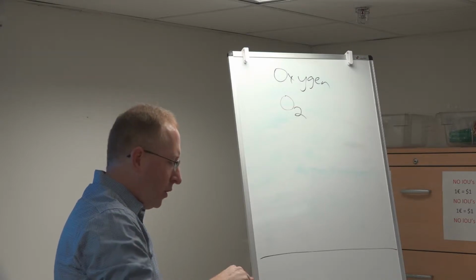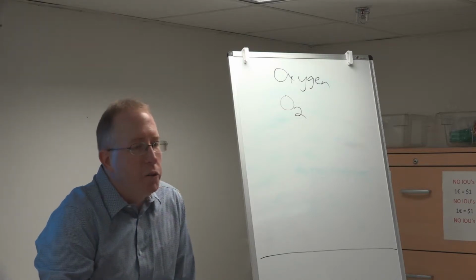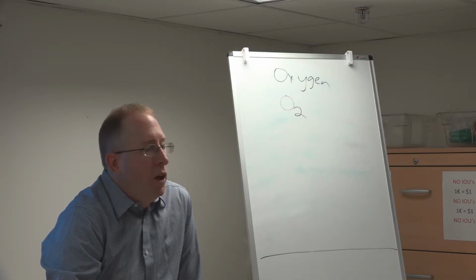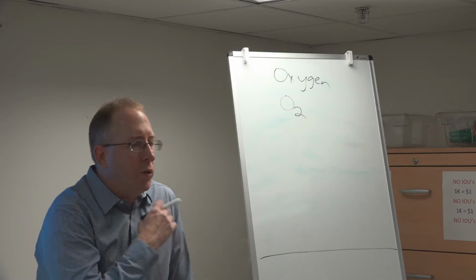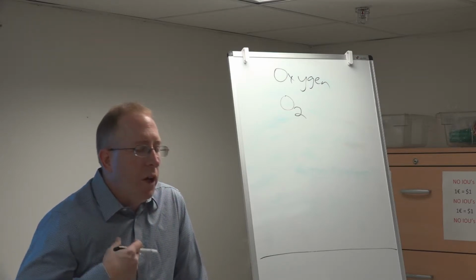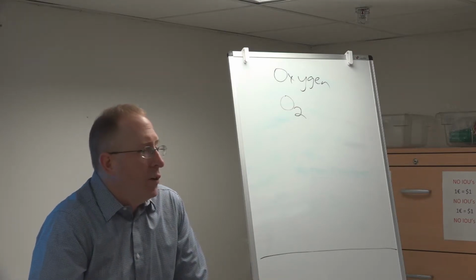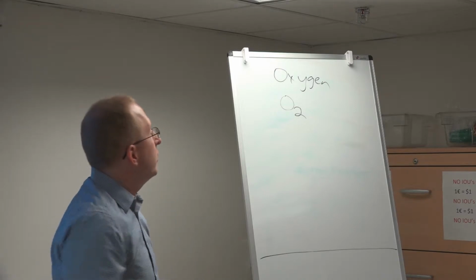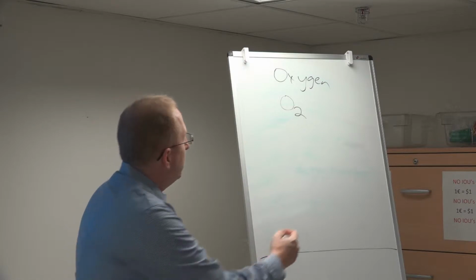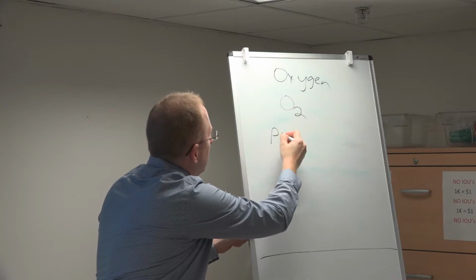We learned during our anatomy session that oxygen is carried through the blood primarily on hemoglobin. Hemoglobin, of course, is the protein found in red blood cells. The red blood cells are the cells within the blood that transport primarily oxygen from the lungs to the distal portions of the body, and so it carries out metabolic activities. So oxygen is transported through the blood, and so as we look at ways of measuring the amount of oxygen,